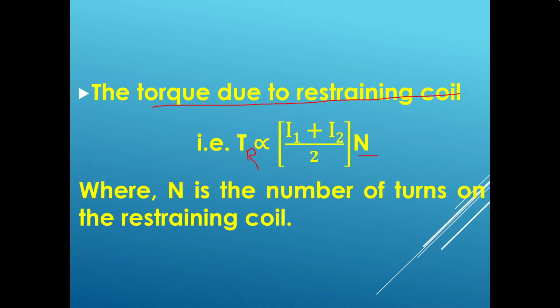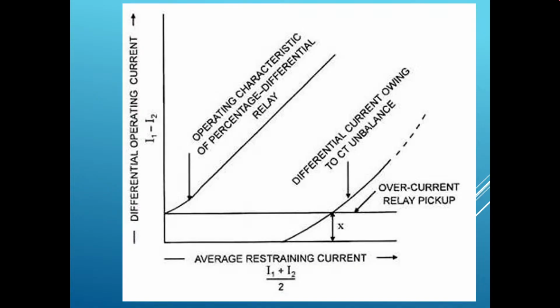Now let us see the characteristics of this relay. If you see here, these characteristics are plotted for the average restraining current, that is the current flowing through the restraining coil, and the current flowing through the operating coil. Initially, under normal operating condition, as I've already told you, there will be,